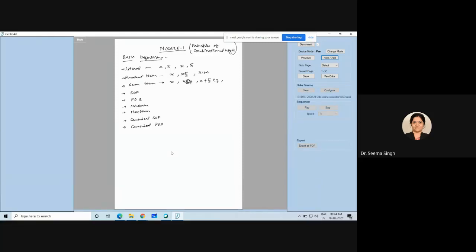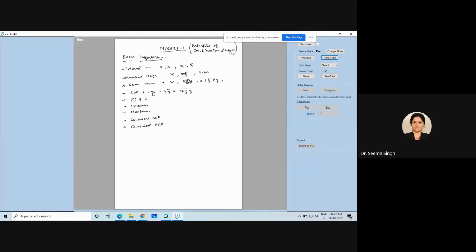Now coming to SOP, sum of product, which question I had asked you. Sum of product means when you have product terms summed together. I have written a number of product terms here. When I sum them together, it becomes sum of product. So it becomes X, XY bar. Of course, when I say sum of product, I can't bring A bar BC here. It will be in terms of X and Y only. So it will be X, Y bar, Z bar. So this becomes your sum of product.